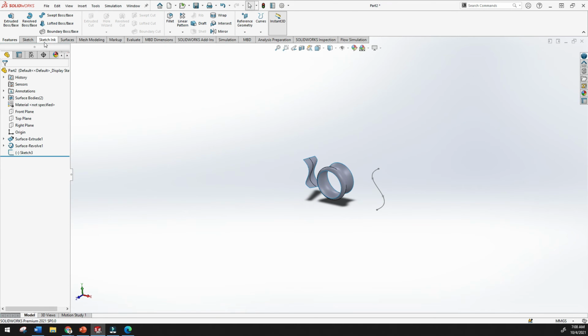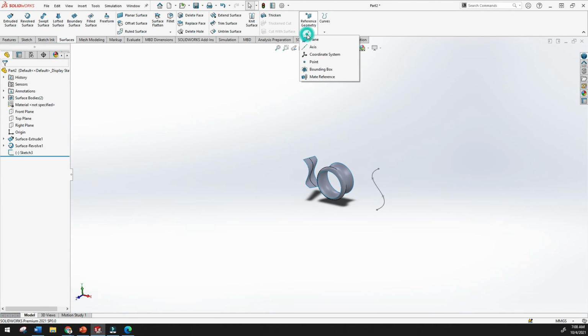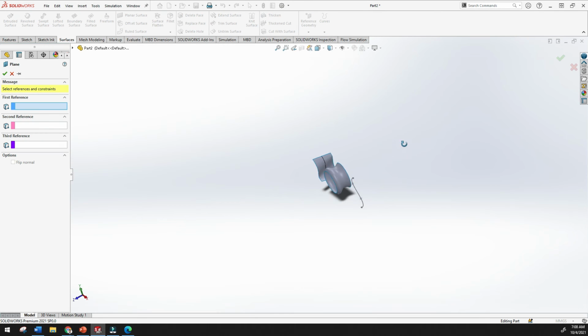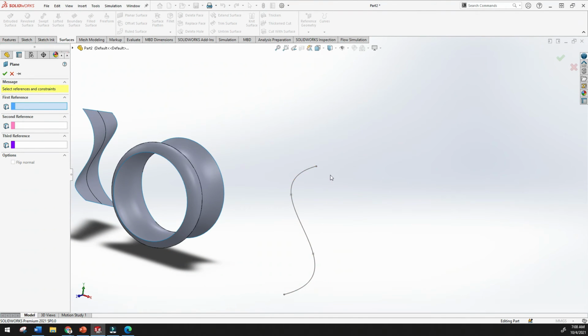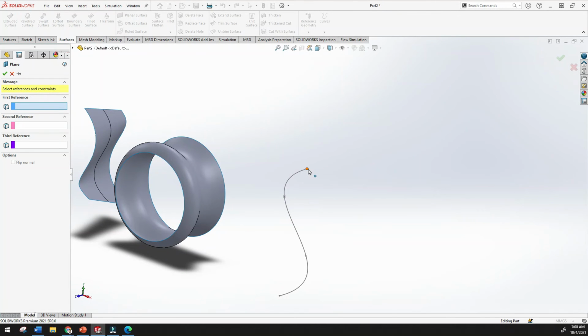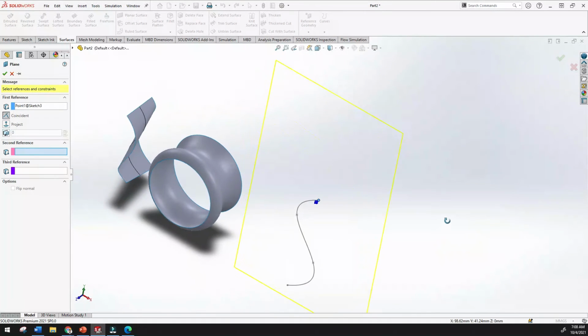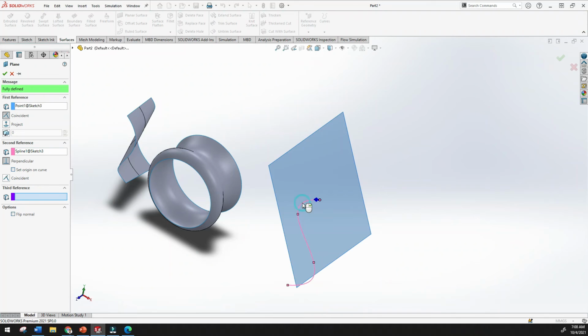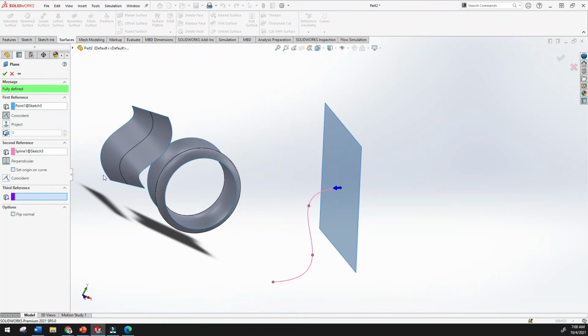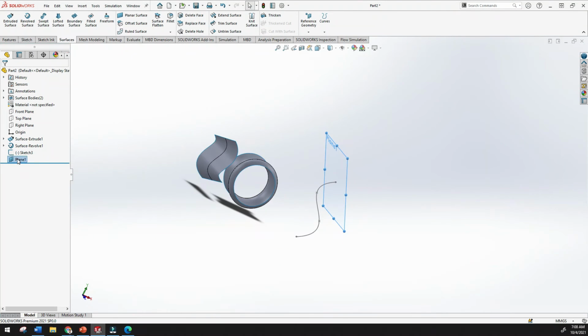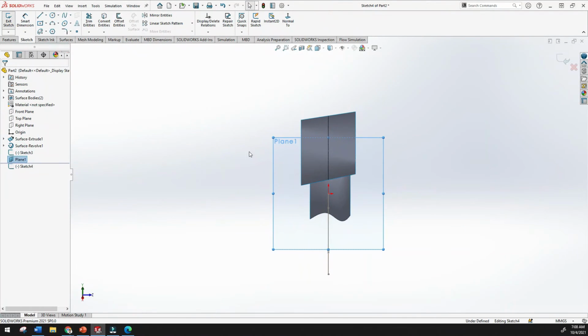Now you can go to the reference geometry plane, and I want to create one plane perpendicular to this spline. So how to create? First you click the point and then this sketch, so automatically it will be perpendicular to this point on the spline. Now it is fully defined. Just click yes, right click, sketch on the plane, and create again a spline.